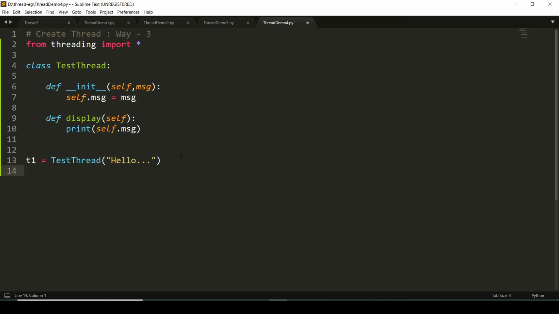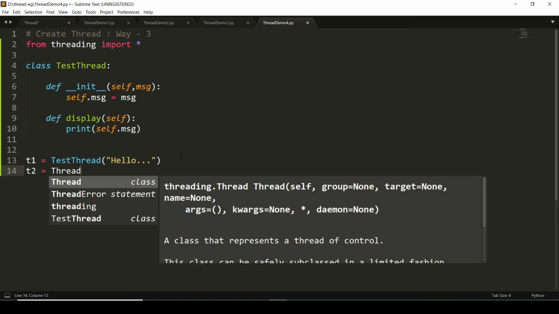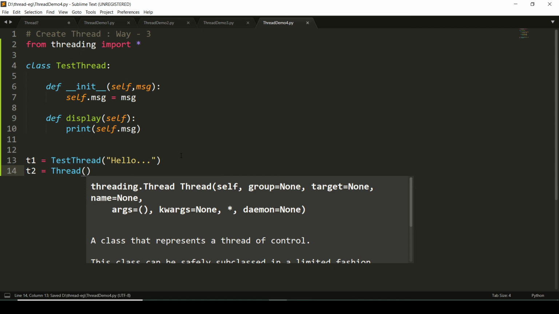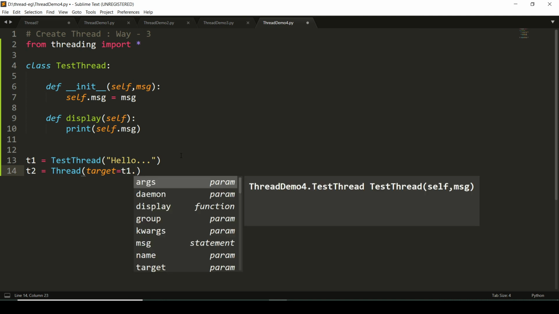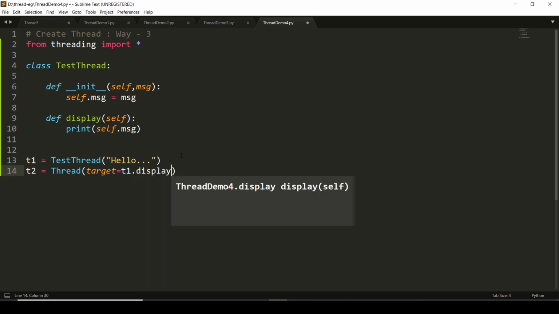And now, to run this thread, I'm creating another object t2 of type Thread, the built-in class, where we will pass the target argument, target equal to t1.display. What this thread will do is call the t1.display method, meaning it has to execute t1.display.